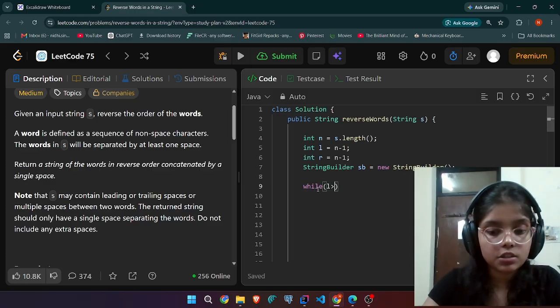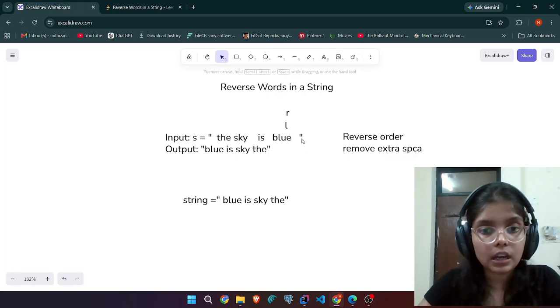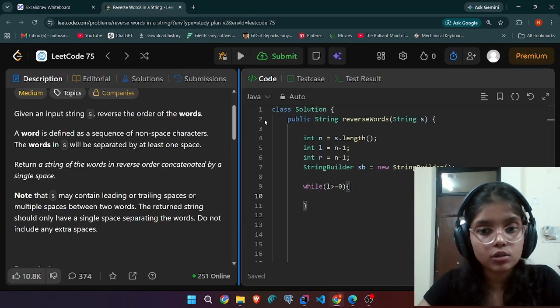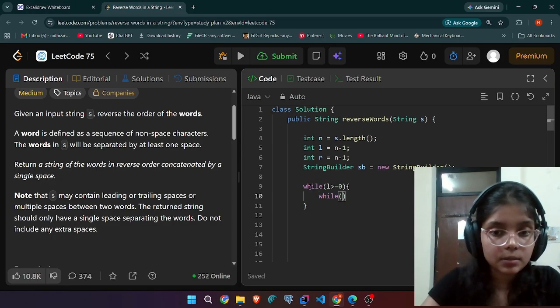So that L must be equal to 0. Till then, I will keep moving my L. Now, what first thing I can do? I have to skip these trailing spaces. For that, I use a while loop, and I will keep running my L pointer